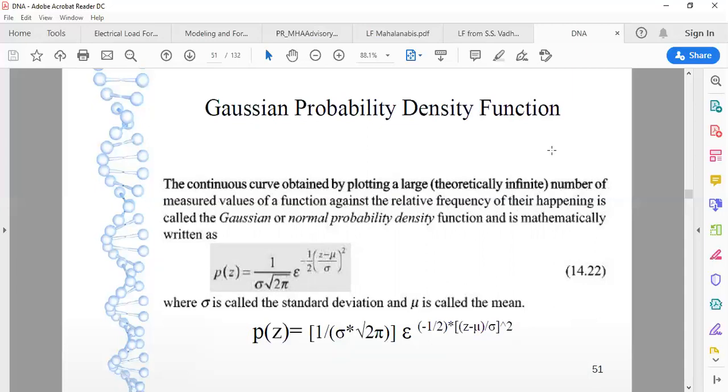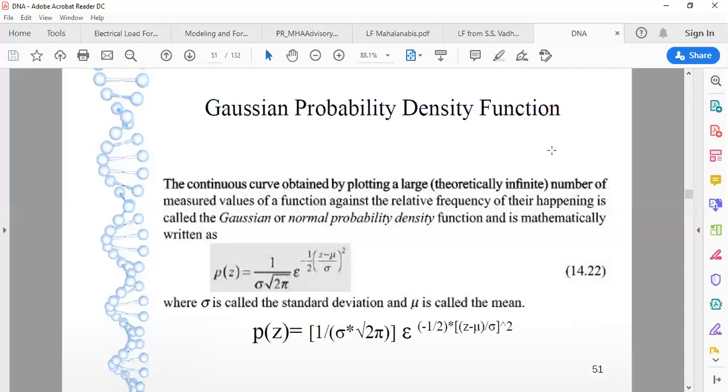So this concept matters while we are studying instrumentation. Day by day, due to the development in instrumentation technology, we have more accurate instruments available in the market, which have a higher sampling rate and everything. But still, it is difficult to say that the instrumentation era has reached its peak, where each and every instrument offers 100% accuracy. So when we are dealing with such erroneous instruments, the Gaussian probability density function plays an active role. That's why we need to study the Gaussian probability density function while we are discussing state estimation.